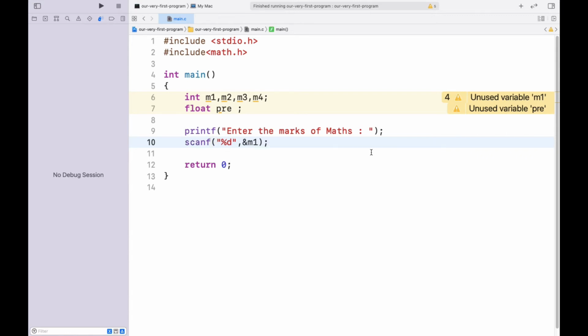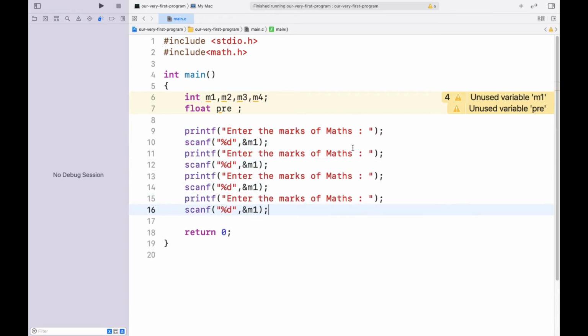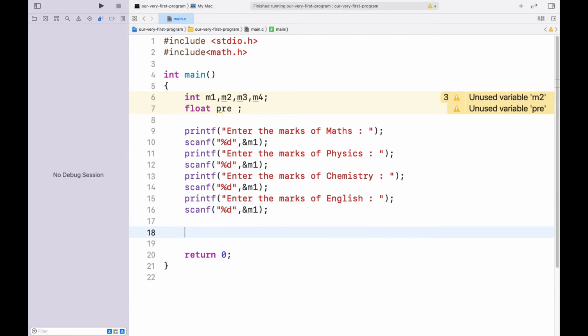I'm simply going to copy these 2 statements 4 times, Control C, V, and now I'm going to change the names: maths, physics, chemistry, and English. Okay, and that's all.